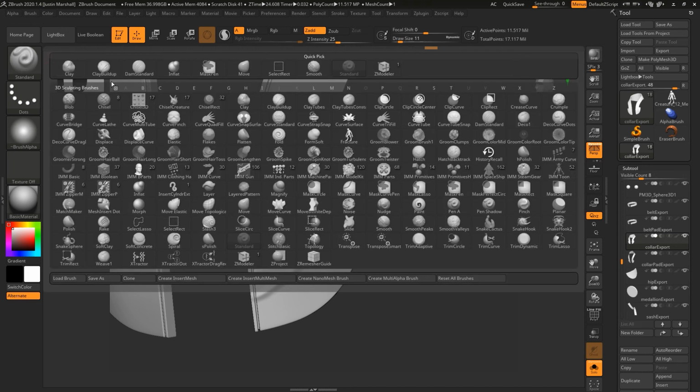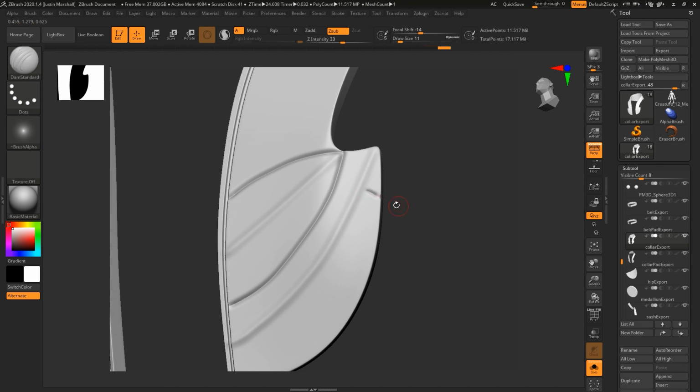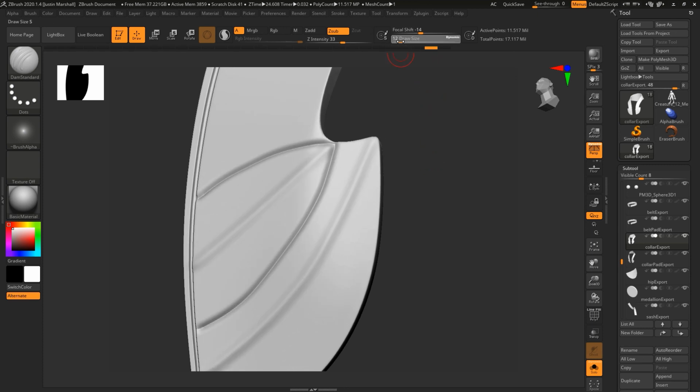Then I want to go back and get the Damien's standard brush, and I'm going to just come in and create these sort of lines coming out from the side here. And I want to do that with kind of a smaller draw size. I want to take the focal shift down a little bit so that it's a little bit more sharp. Take the intensity down. And we want to do it on both of these. And I'm going to kind of alternate whether I'm coming from the edges like that or from the center, kind of back